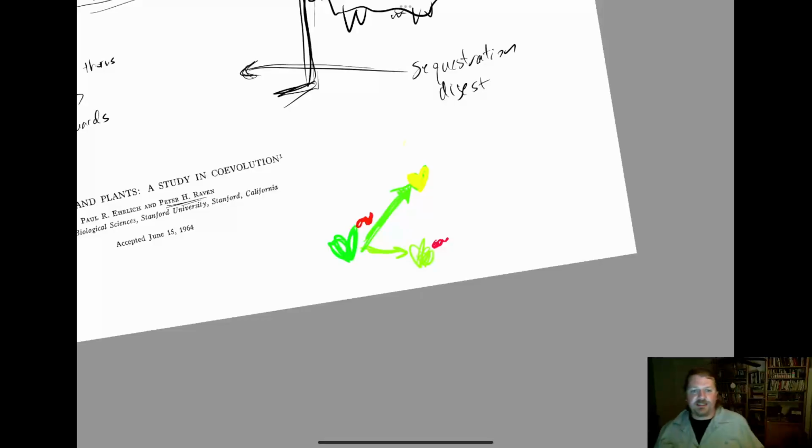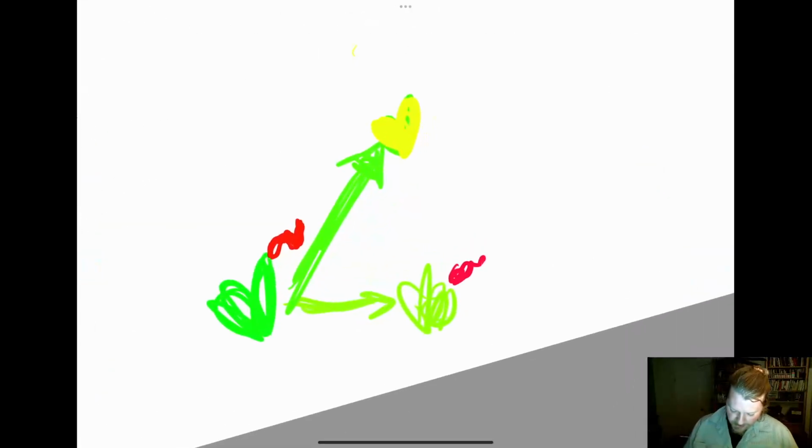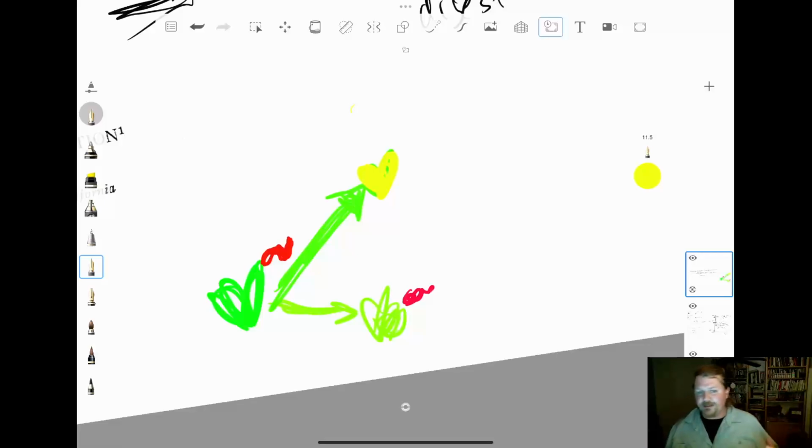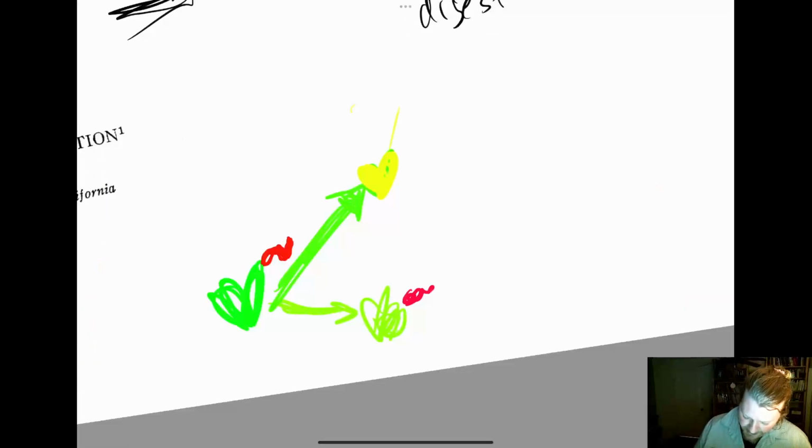And because of this escape, it then goes crazy in terms of its biomass, and that gives it lots of the raw material, right? Because mutations are rare, to start evolving all sorts of crazy defenses, right? So then we have some proliferation of defenses in this population of the escaped plant, where some plants make compound A, some plants make compound B, some plants make compound C. But of course,